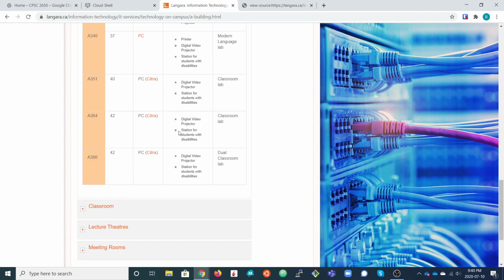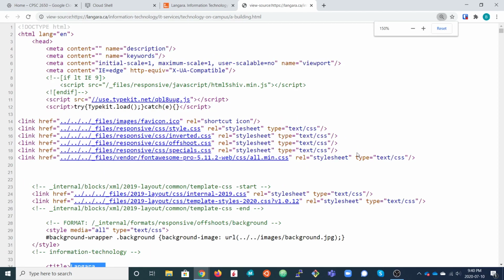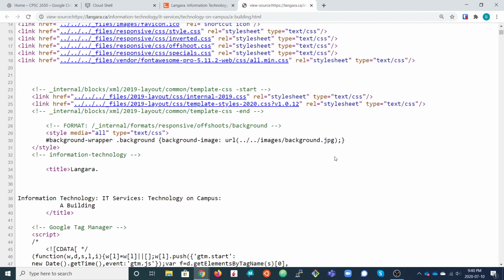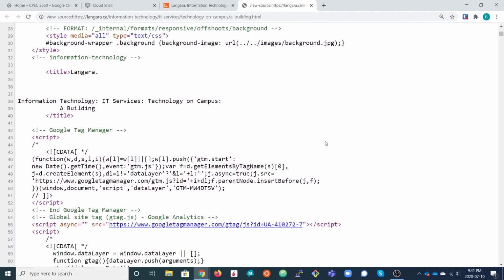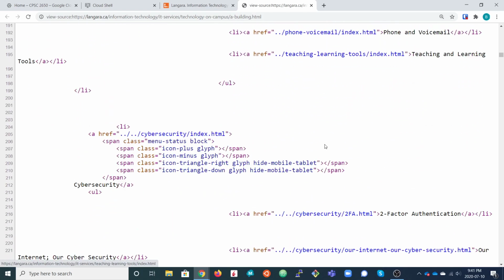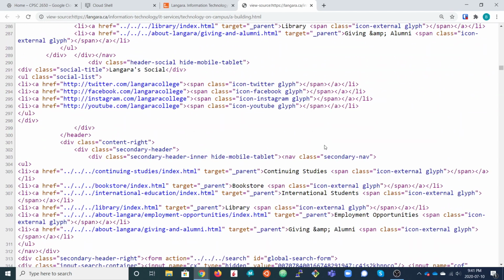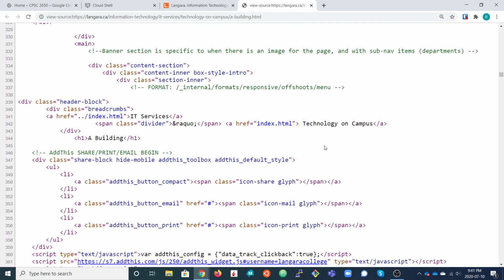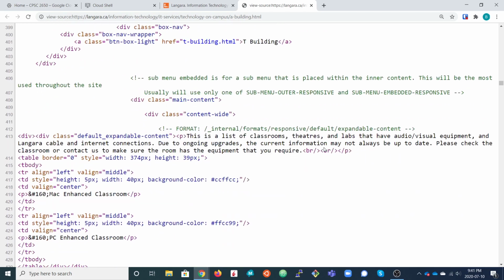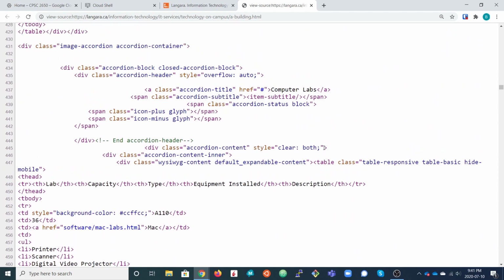Count every row, and then when we get to the end of the table, stop counting and print out the result. In order to figure out exactly what to key in on, we would have to look at the source of the web page and see if there is any particular tag or attribute that is going to be of use to us. So there's a lot of HTML in this page, and let's just find out where that computer labs table is. Okay, so here it is.